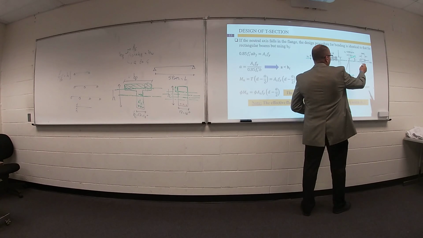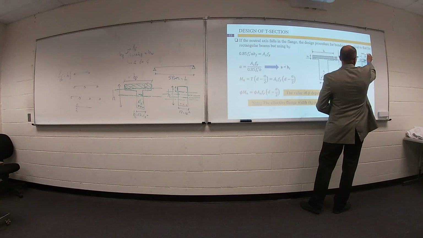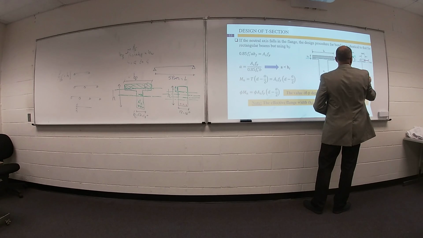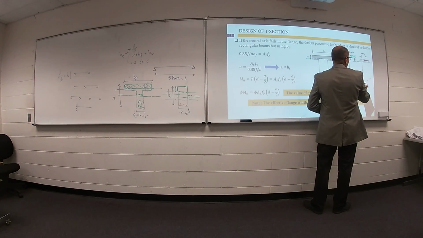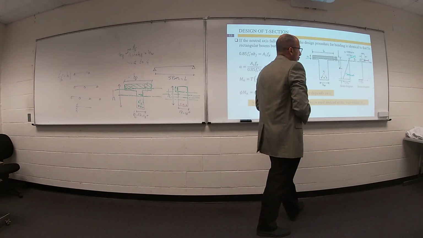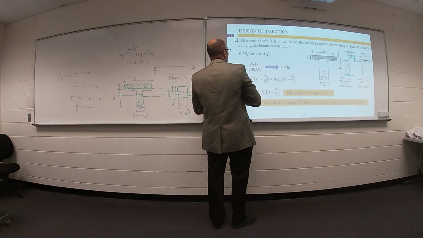We have stress here, 0.85 f prime c. We have compressive force, C. We have another tensile force here, T, equal to area of steel times f yield. We have equilibrium. So your C